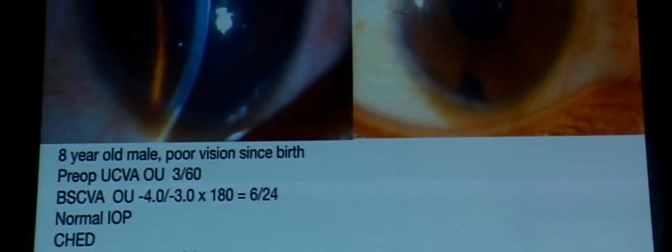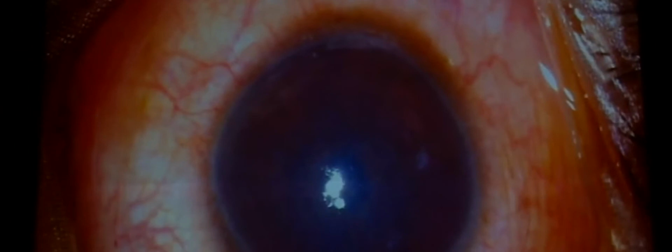Now, let me share two of my recent cases that I did. These were brother and sister. This is the brother's eye, where you can see there is a diffuse bilateral corneal edema. His clinical data is that his pre-op uncorrected vision was 3/60, and with best spectacle corrected -4 with -3, the vision improved to 6/24. He had normal intraocular pressure, so we decided to go ahead and do a